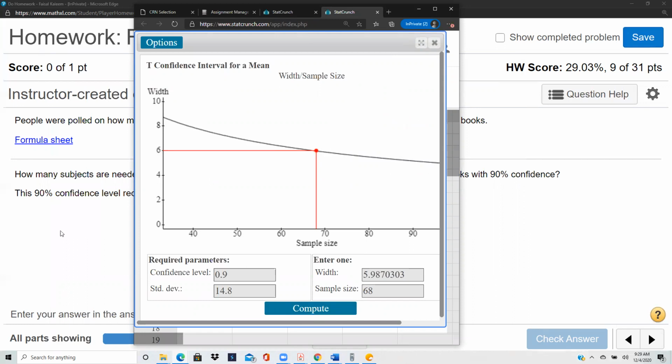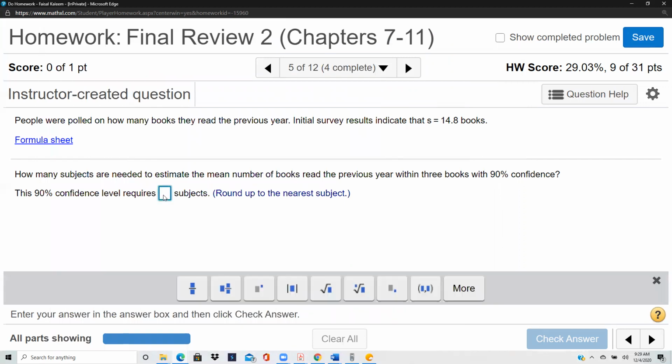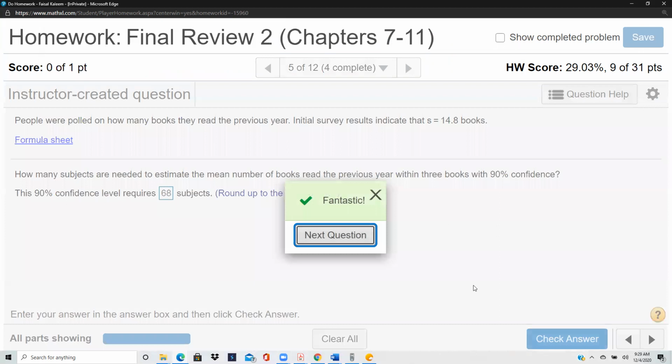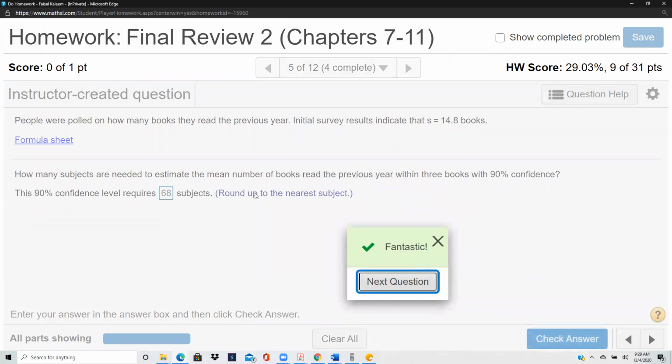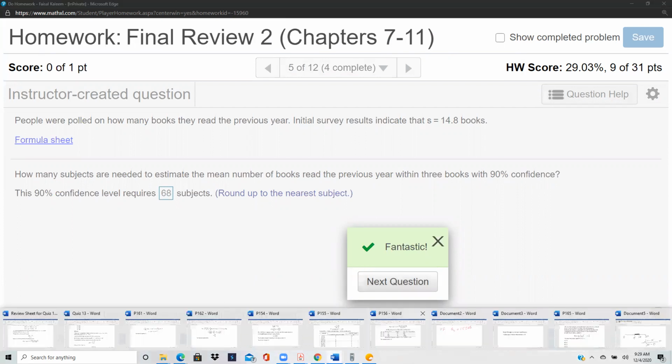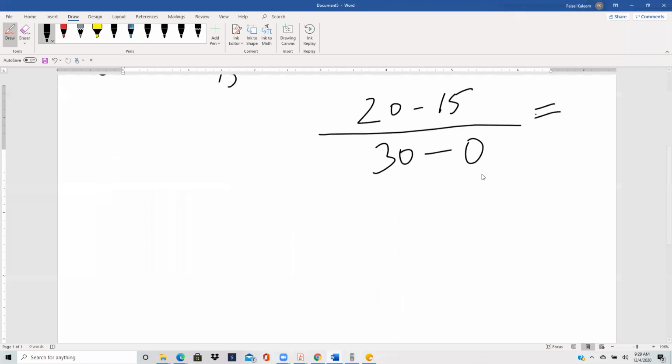So 68. And then, if you are using StatCrunch, then you don't have to worry about this round up. StatCrunch does the rounding. So this is a picture that you should remember, not just for this problem, but it helps in some other problems as well. So the picture is